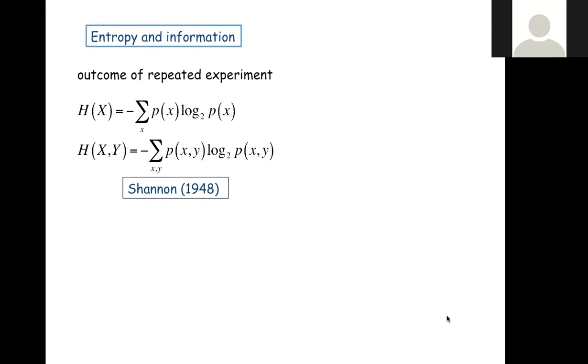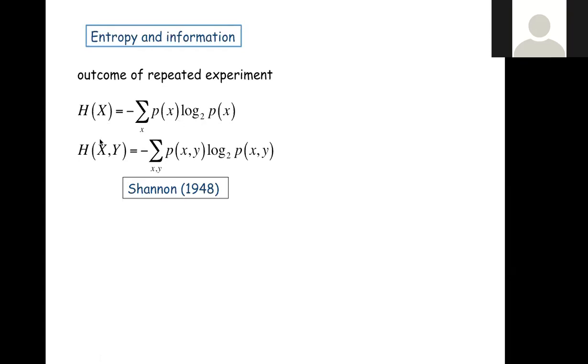So this is an expression of entropy used by Claude Shannon in the context of the telecommunication problem. Since it's a random process, whenever we have a random process, we ascribe a probability distribution function to these processes. Our system of interest is X. X could be the intensity of the reporter gene. So we will have the sum of minus p(x) log2 p(x). This is the definition of entropy introduced by Claude Shannon.